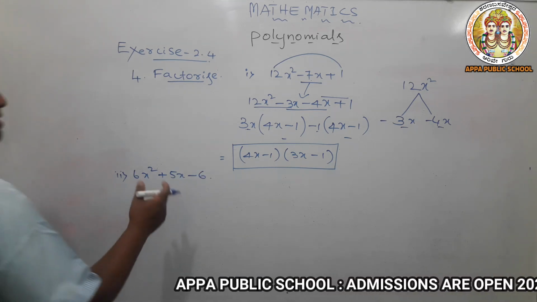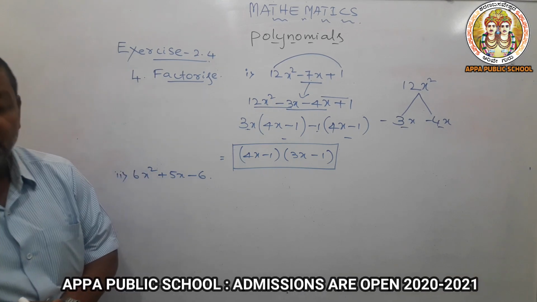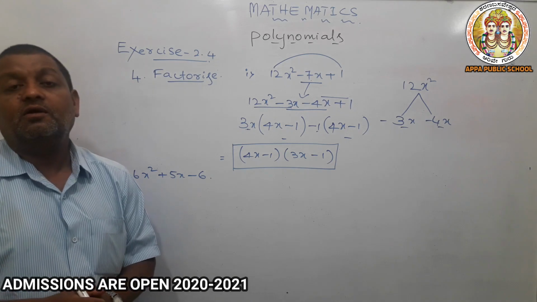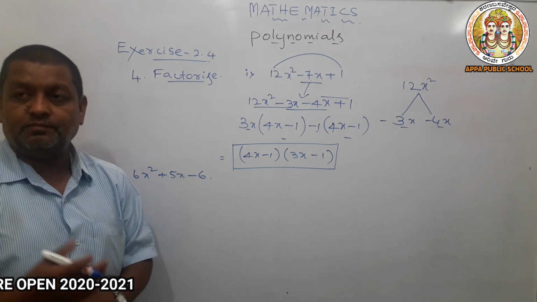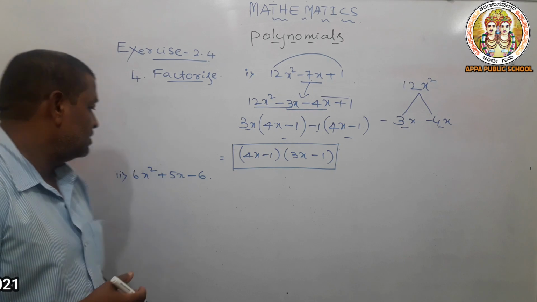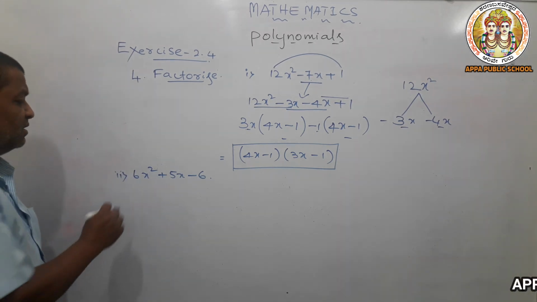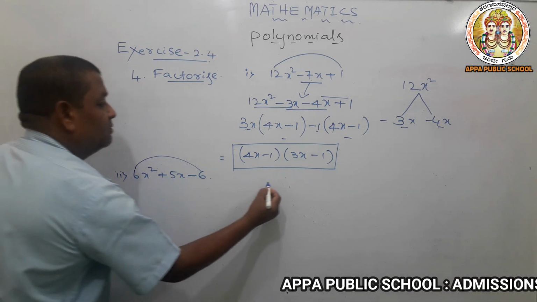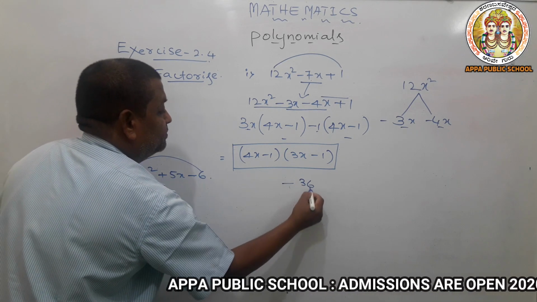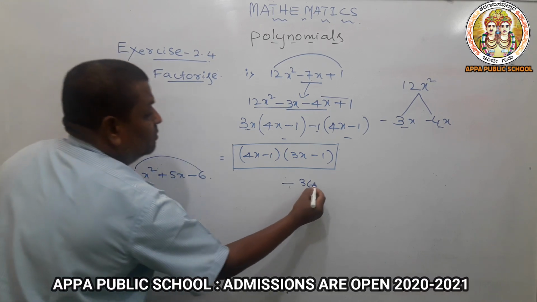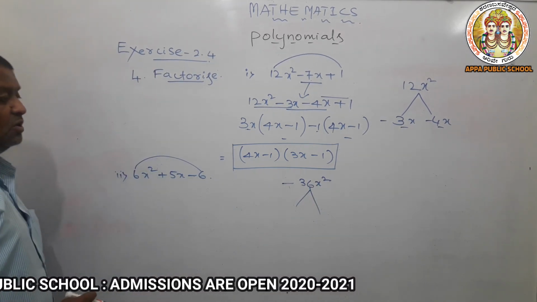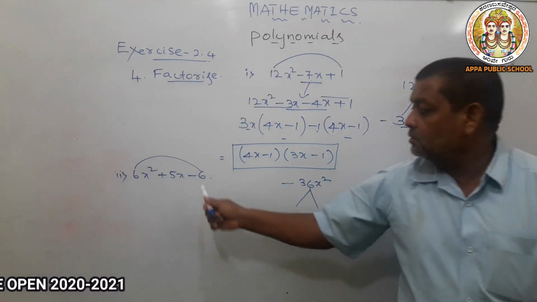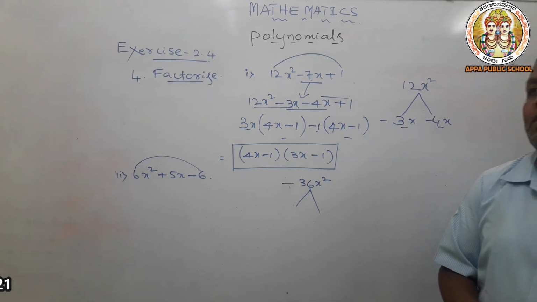So already we did all this in online classes. We sent notes also. We saw you all practiced. Once again we are recording for your better understanding, for some visuals. What is the procedure? Once again, product: plus into minus, minus 36x square. Now wait for a while. Many factors will come to satisfy this 36.